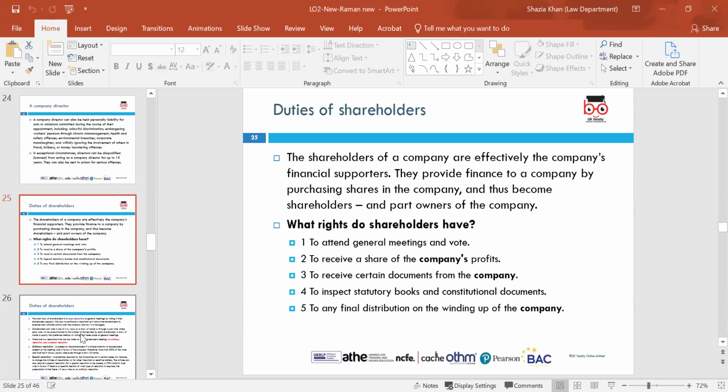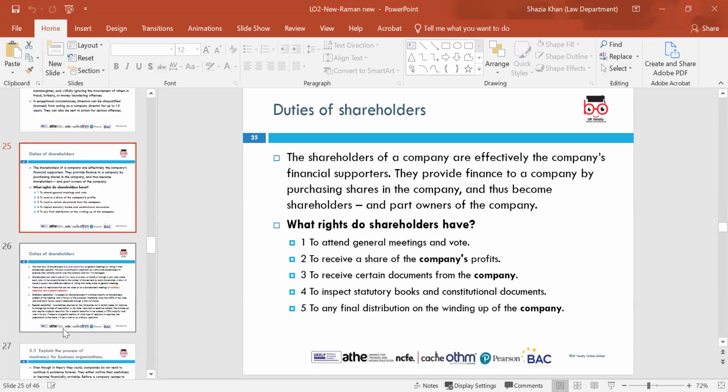Next one we've got is company shareholders. So duties of company shareholders. The shareholders of a company are effectively the company's financial supporters. They provide finance to a company by purchasing shares in the company and thus become shareholders and part owners of the company. Shareholders have certain rights and roles